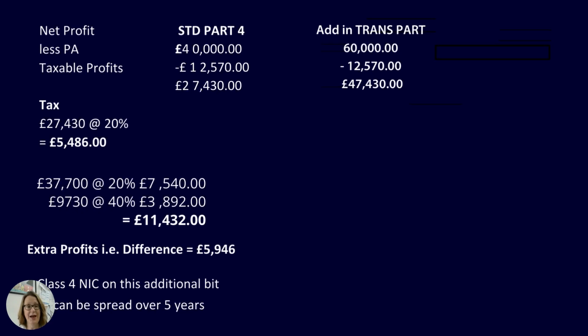If you look at how this is taxed, there's your 40,000 less your personal allowance, brings you to £27,430 of taxable income, taxed at 20%, equals 5,486. Then HMRC want you to take a second go at your tax calculation and look at what your tax calculation looks like when you bring the entire figure in, so the standard part of your profits and the transitional part of your profits, which is that extra 20,000. So now you're looking at £60,000 of profit being taxed in your 23-24 tax return, less your personal allowance, taxable income of